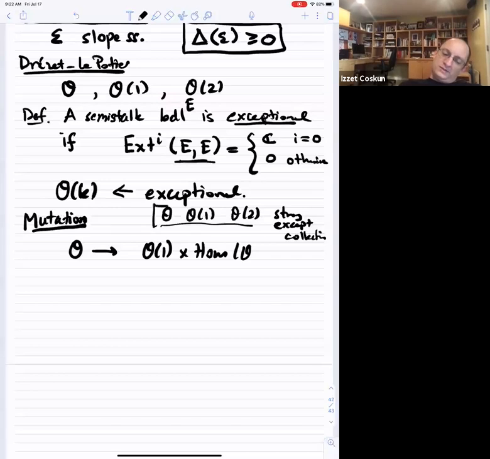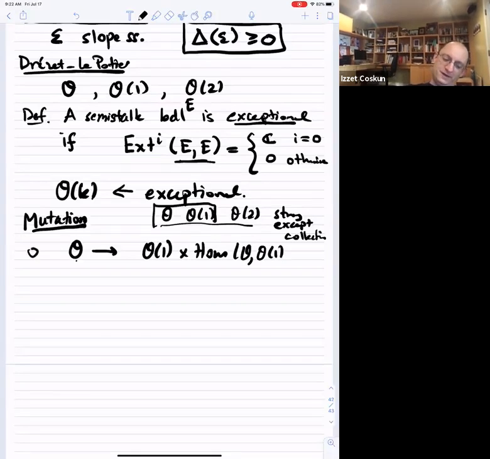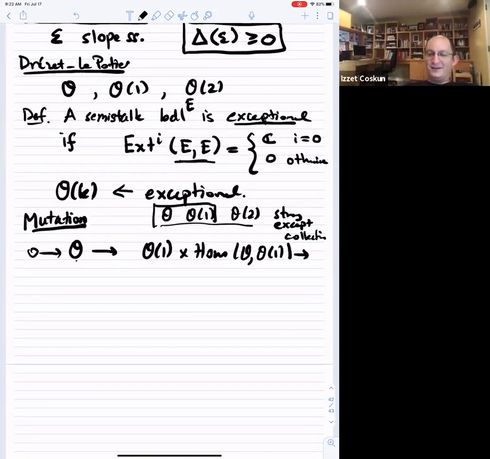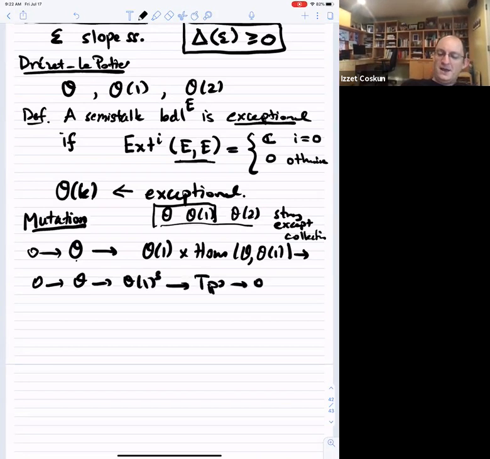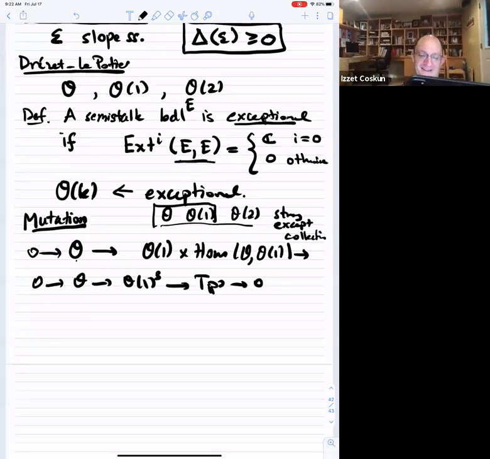So now what I do is I take two of these guys, right? So you do O of 1, hom O to O of 1, right? That's like this. And then I have a co-kernel here. Of course, this is a very fancy way of writing the usual Euler sequence, right? O goes to O of 1, 3 copies, and then here you get the tangent bundle. So this is called the mutation, and then, you know, there is a right mutation and the left mutation, and